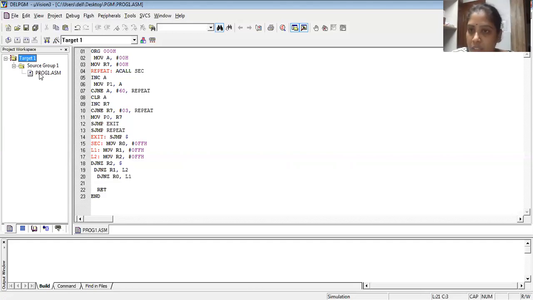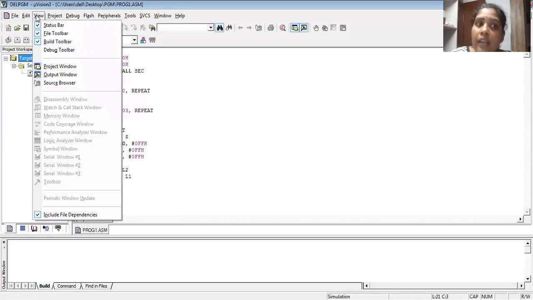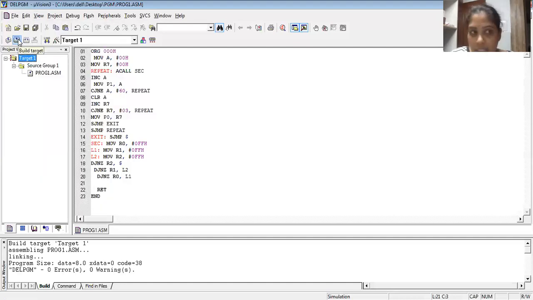Now you have to go for the execution. How to do the execution: either you can directly click on this icon, which is nothing but build the target, or else you can go to view and build the target. The best thing is this icon will be present over here, so you can just tap on build target, that is this icon.